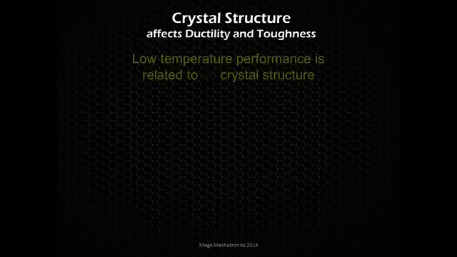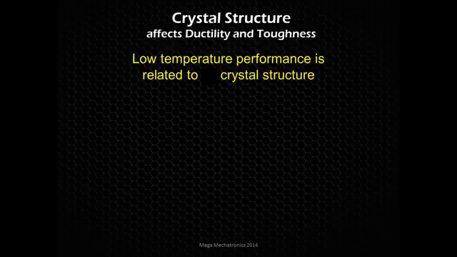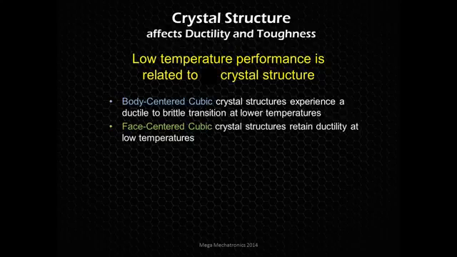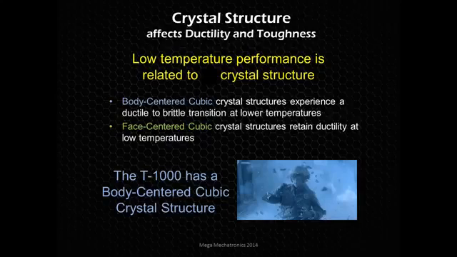So that crystal structure, FCC or BCC, will affect the ductility and toughness at different temperatures. At low temperature, we hit on this in the last one, in ductility. Low temperature performance is related to the crystal structure. Body-centered cubic crystal structures experience that ductile-brittle transition. Face-centered cubic structures retain their ductility at low temperatures. So the T1000 is clearly body-centered cubic when he was